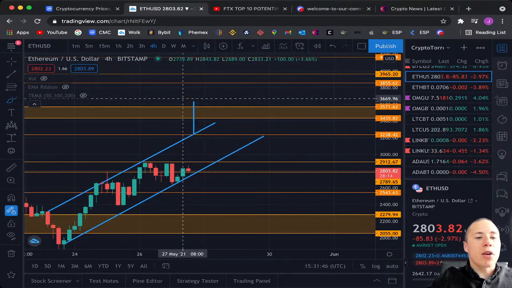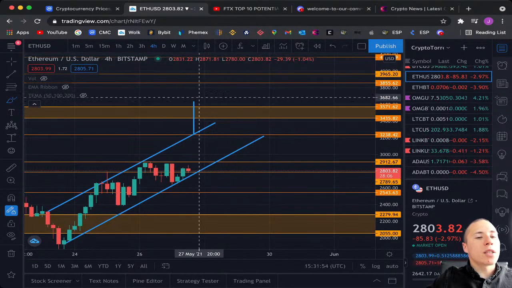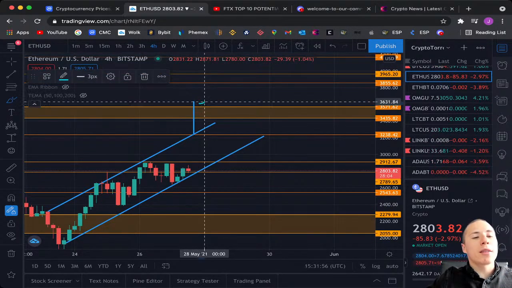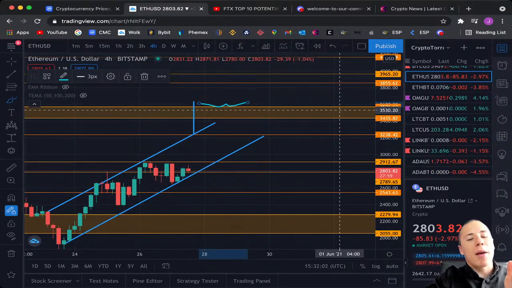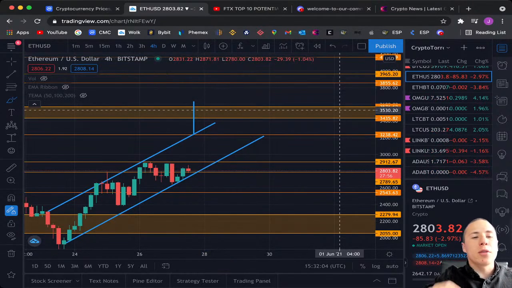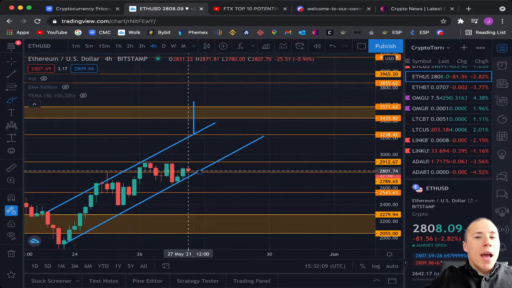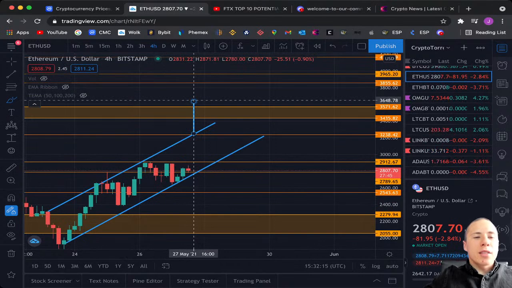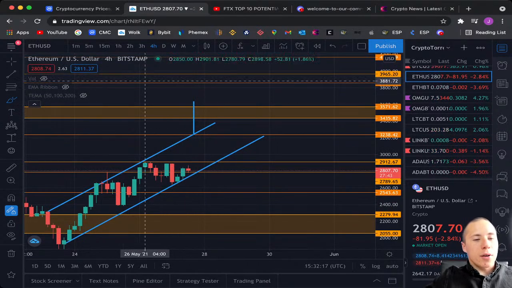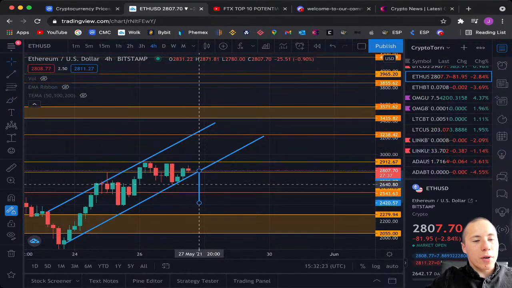So let's take a look at this possible price action. If we break above this orange box, we will be trading at approximately $3,644. If we break above the orange box, that will be absolutely great, because if we find support on top of it, and I personally think that it's not a question if we will find support on it, I am absolutely sure that we will be able to find support on top of it, because this is a major level of support and resistance for sure. So this possible move towards the $3,648 is for sure there, but if we see a breakout towards the downside getting created, for example over here,